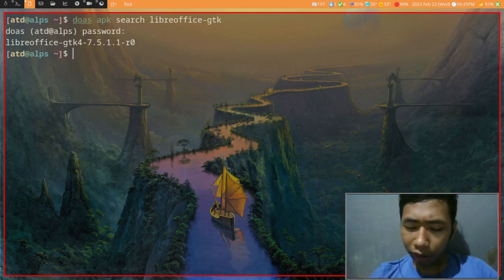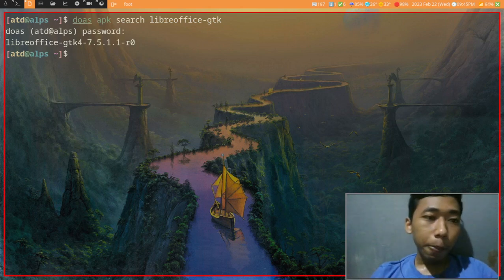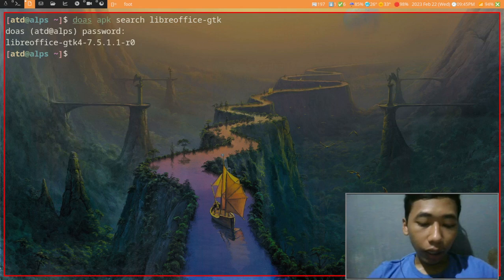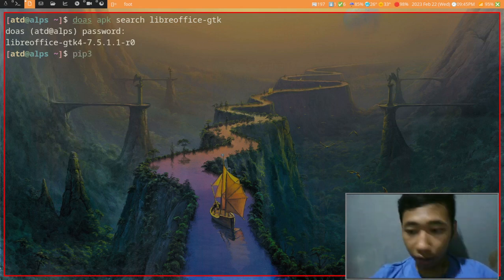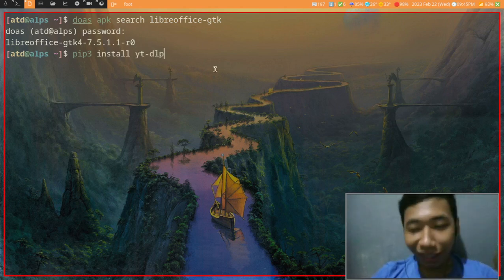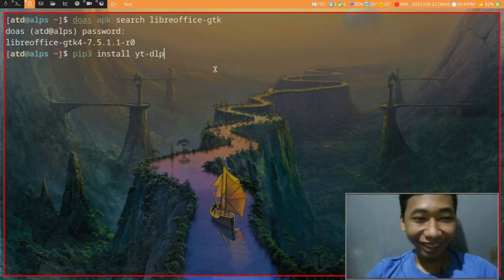The problem is some kind of Python 3.11 issue, and the difference between now and then is that I used pip3 to install yt-dlp. I know this is so stupid, but